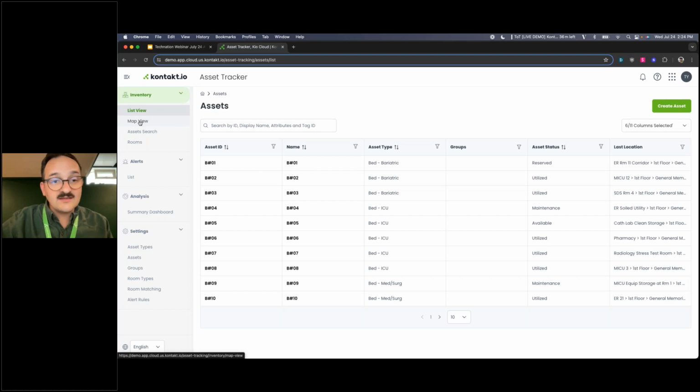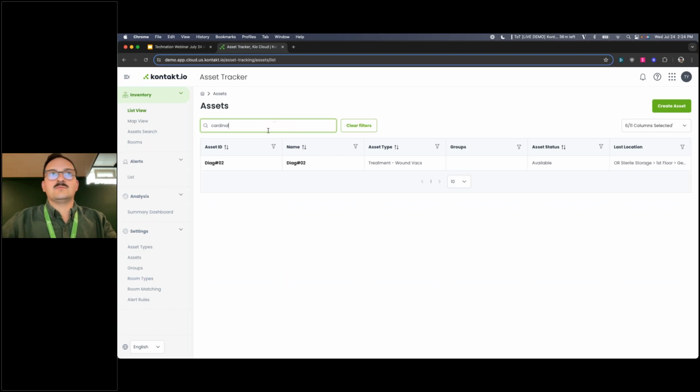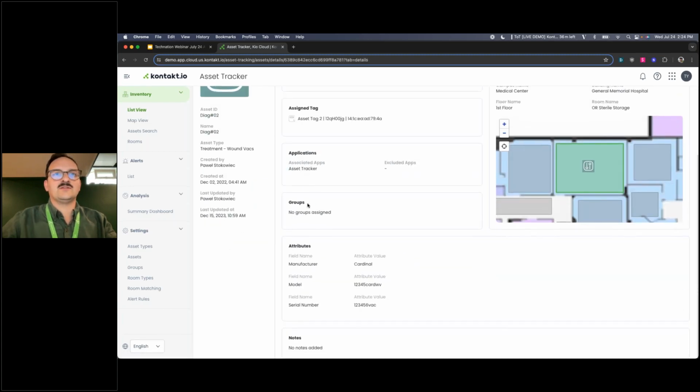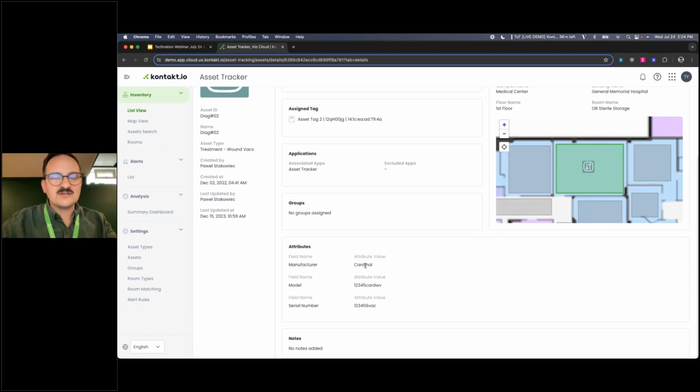Map view, fantastic for seeing contextual awareness. But when it comes to finding something, probably not the fastest. Search is always the quickest. So if there's a device that you're looking for or a specific model of devices, just coming up in here, I think of it like shopping. I'm shopping for, I think I've got a Cardinal model in here, yes. A wound vac. So I just searched for Cardinal. I don't see anything up here saying Cardinal, but if I click in here and scroll down, we'll see, that's my manufacturer. So I'm able to search by any attributes I add in here,